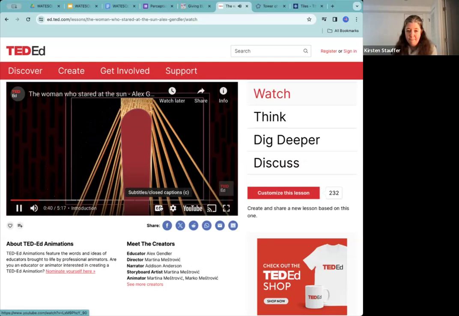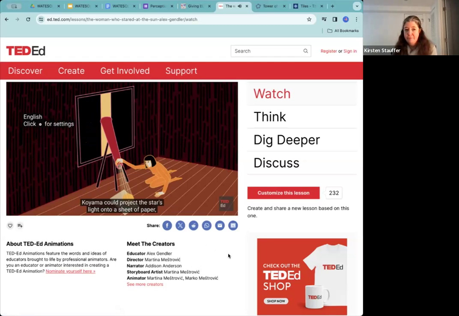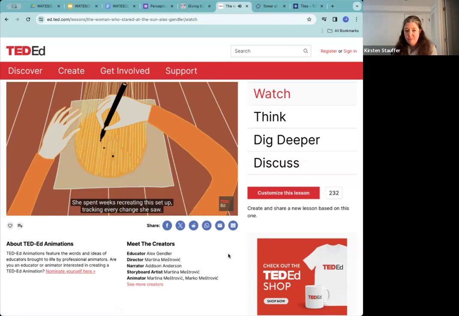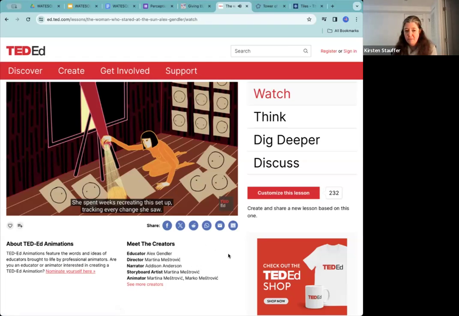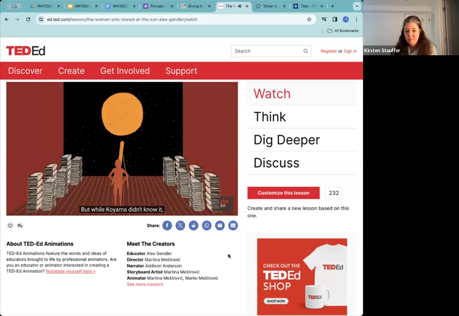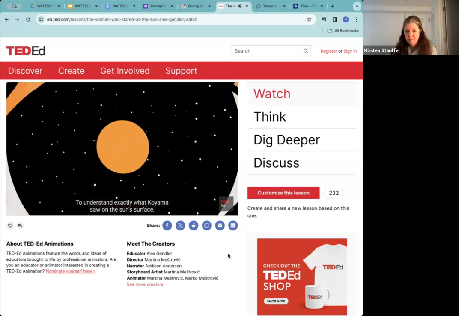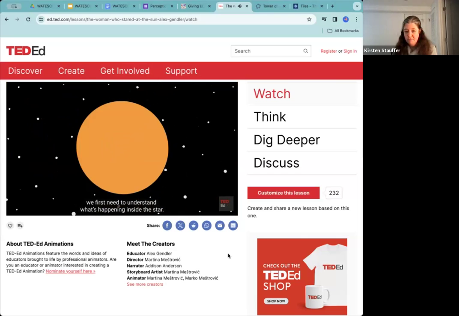By angling her telescope towards the sun, Koyama could project the star's light onto a sheet of paper, allowing her to sketch the sun's shifting surface. She spent weeks recreating this setup, tracking every change she saw. But while Koyama didn't know it, these drawings were the start of one of the most important records of solar activity in human history. To understand exactly what Koyama saw on the sun's surface, we first need to understand what's